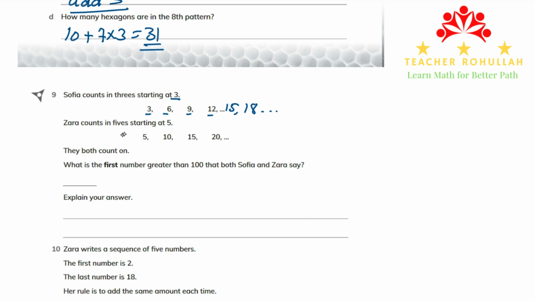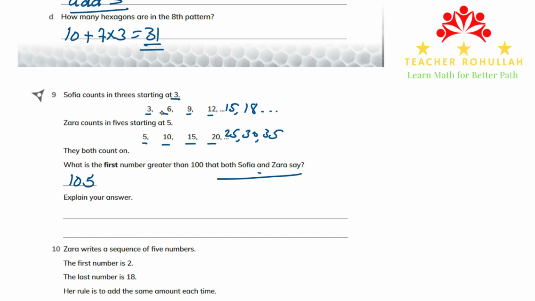But Zara counts in fives starting at 5. If she counts on, it will be 5, 10, 15, 20, 25, 30, 35, and so on. It says they both count on. What is the first number greater than 100 that both Sophia and Zara say? That number is